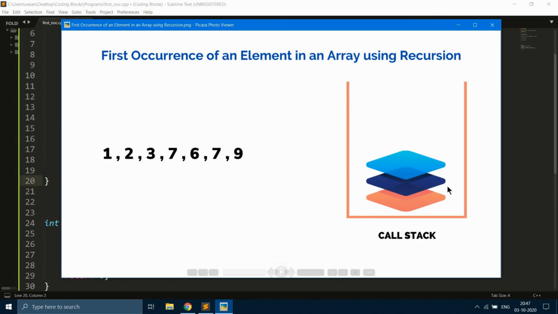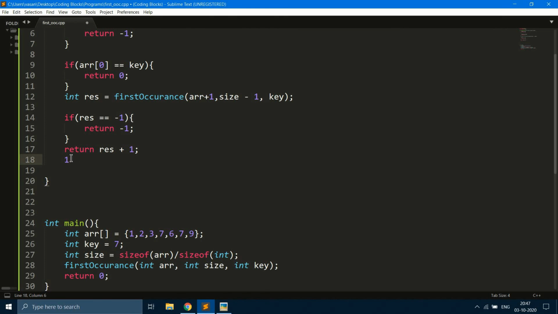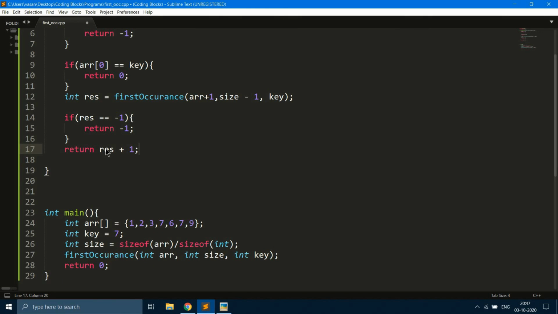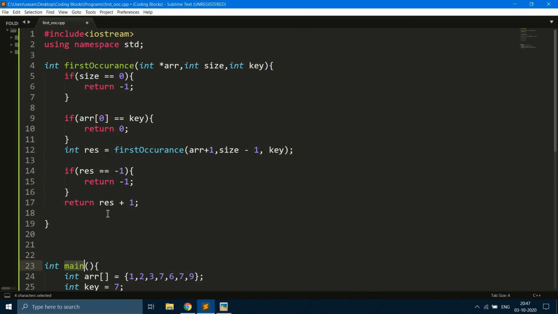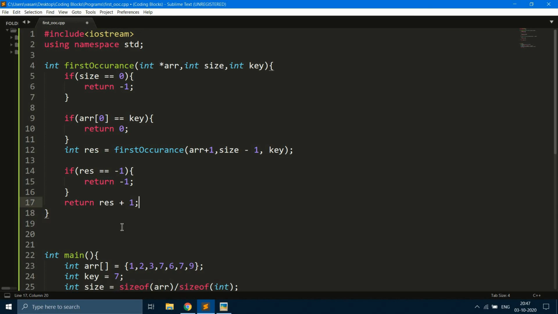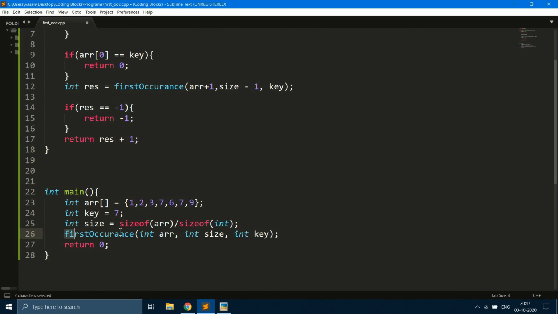At last, when the call stack becomes empty, we are going to return 3 to the main function, which is nothing but the parent. So we will be getting 3 here, and I am going to print that.